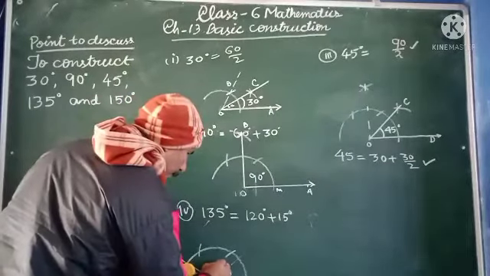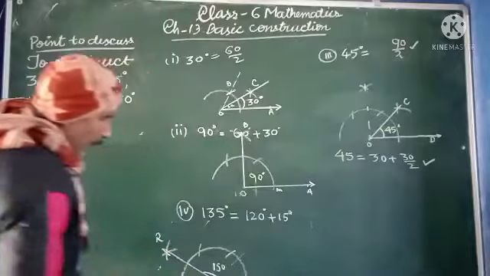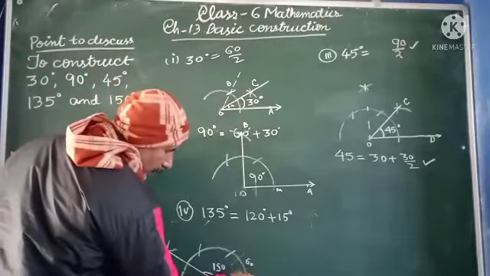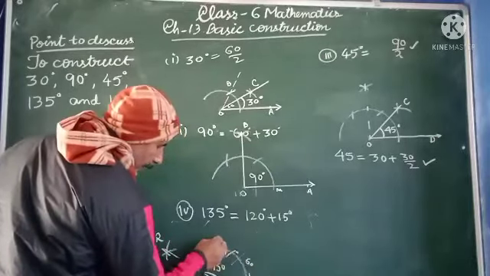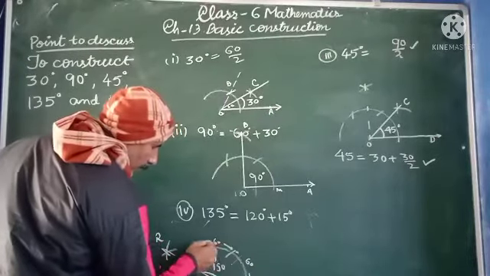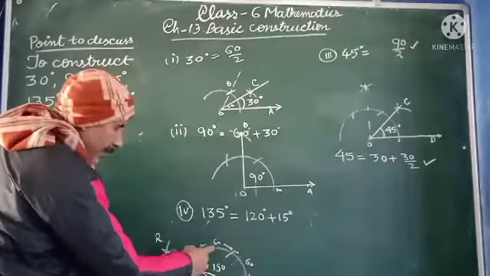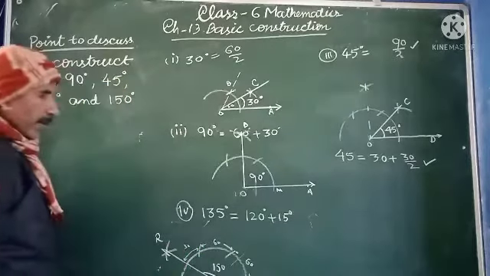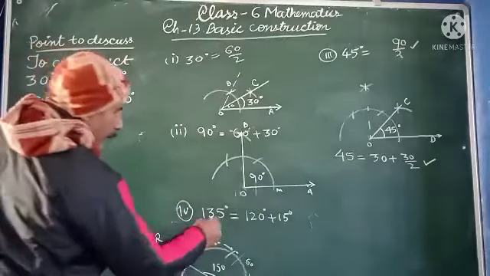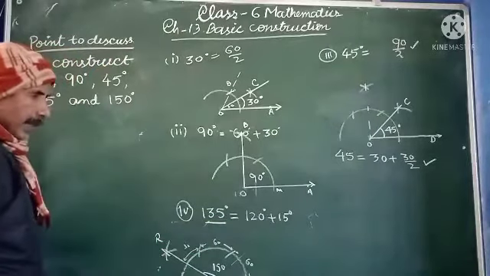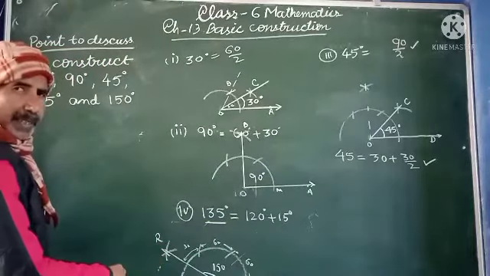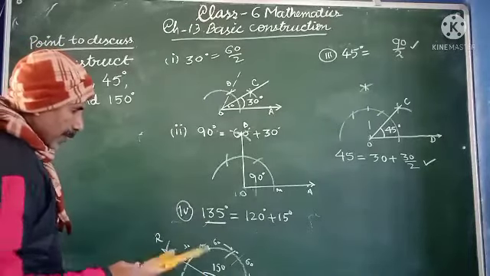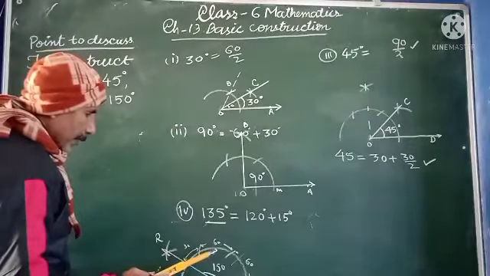150 degree. It is 150 degree because this is 60 till here. It is 60. Then again 60 here to here. So 60 plus 60, 120, and then this is 30. So it will be the 150 degree. And what we want? We want to draw the 135. So 150 you understand. To draw 135, you have to draw the 150. Then this 30 degree will be bisected here.